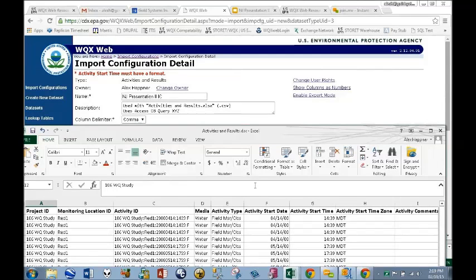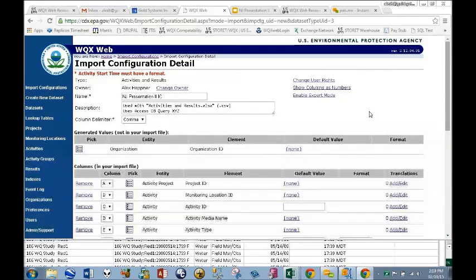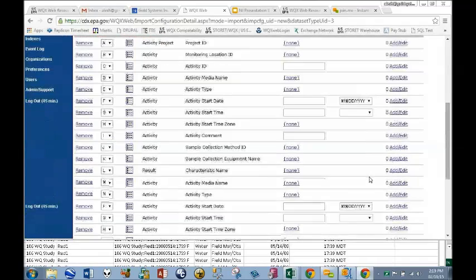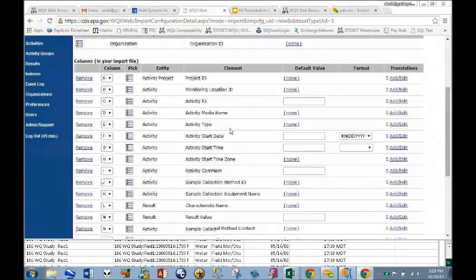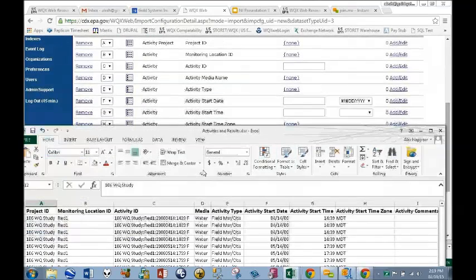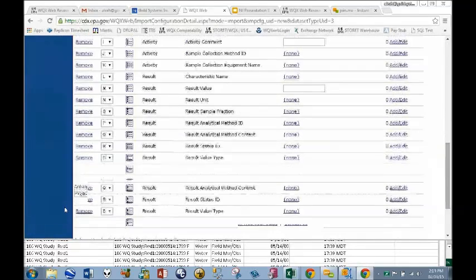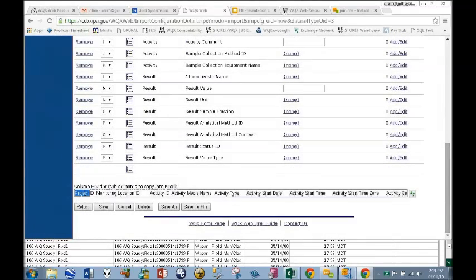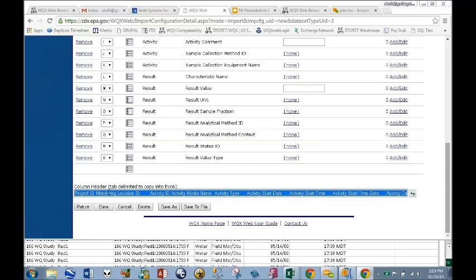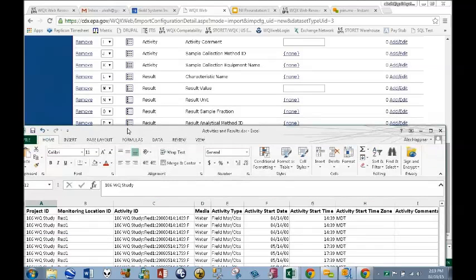But there's one last step that I like to show users. I have this import configuration and I have this data set, but how do I make sure, for certain, that my column order matches? Well, there's this column header that we can copy into Excel. If you just click on this refresh button right here, that's going to give us a tab-delimited column header that I can just Control-C. I can insert a row in our data set,